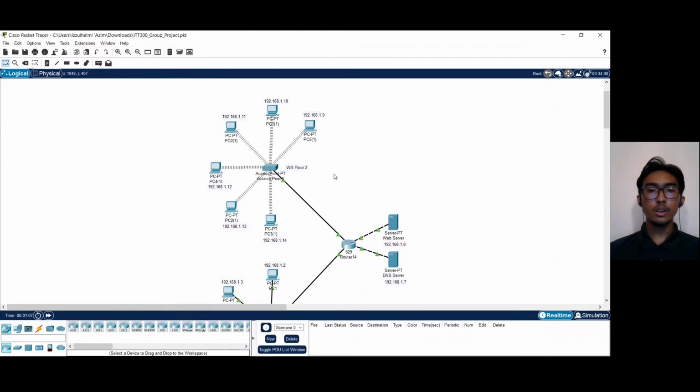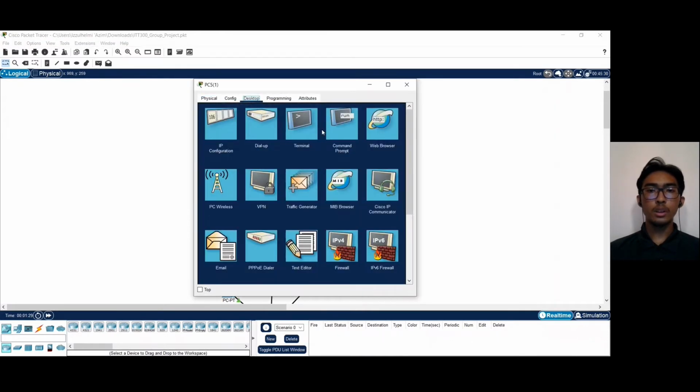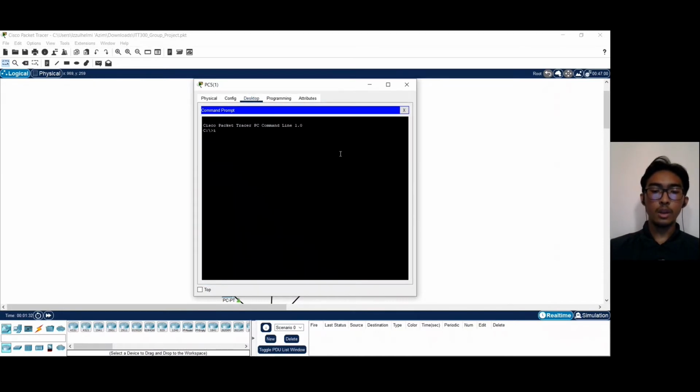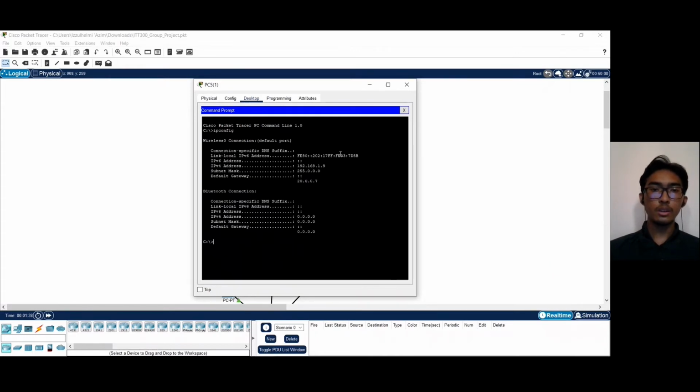In order to check whether this PC connected to the access point has established the connection with the web server, first we need to find the IP address of one of these PCs connected to the access point, and also the IP address of the web server. Let's say I choose the first PC over here. Then we go to the desktop, go to the command prompt, and type ipconfig to find the IP address of this PC. We enter. As you can see, this message will pop up, and this is the IP address of this particular PC, which is